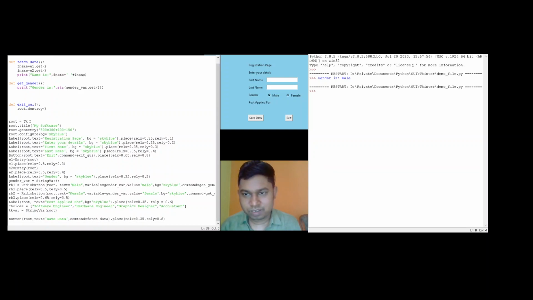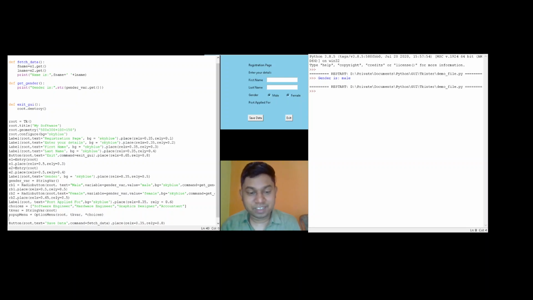Now it's time to create the drop down widget. So for label we use the function label. For button we use the function button. For entry we use the function entry. For radio button we have used the function radio button. For a drop down we will use a new function which is called option menu. And what are the arguments of the option menu? First of all, it is in root. Secondly, it will use the variable tkvar. And third is a pointer to this list, choices. And I save this option menu widget as my object pop-up menu.